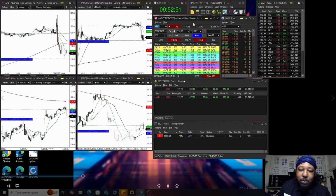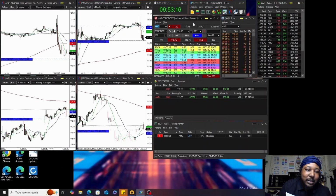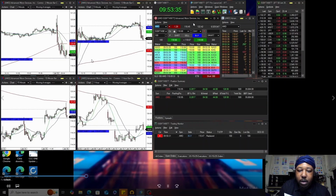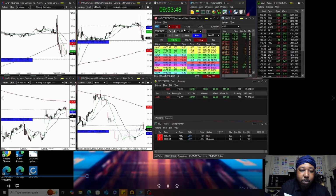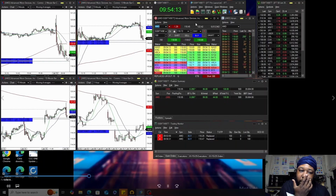But since I'm still in with 200 shares, I can't really add anything else. All we can do is just ride this trade out at this moment. This would be a green bar ignored if it comes down and breaks this, but this is too much risk here. I did go ahead and add under 68, breaking back under here, so we're holding it. We're holding that breakout level, and I just want to get some out at the double bottom area